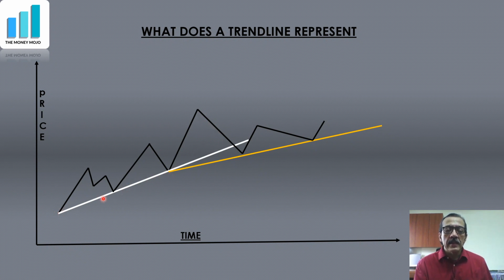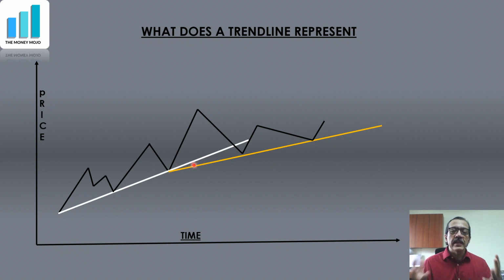So the trend line just tells you at what rate on an average the price has been changing when you draw the lines along this point. Similarly here, this trend line is even more gentle than this trend line, right? So therefore, this means that in this section of the chart, the rate of price change has become gentler. It is actually reducing. So this is what a trend line just represents.